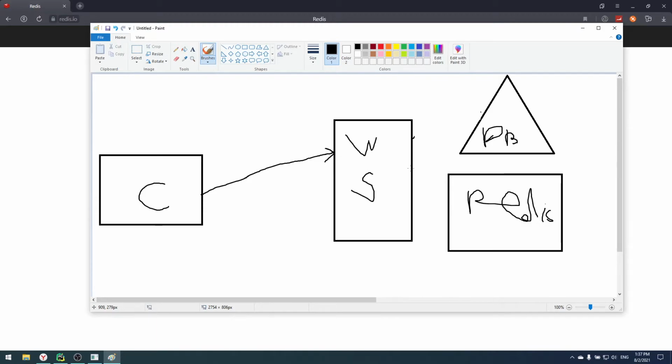A lot of ways. But what if our web server connects to Redis, and there is a key that says, here are your friends, so a friends key, for example? We can return it directly to the user. So from Redis to the web server to the user, like that. But if there is no friends key for that specific user, what we can do is go to the DB. So Redis returns us nothing, we go to the DB, we get all of our users once,